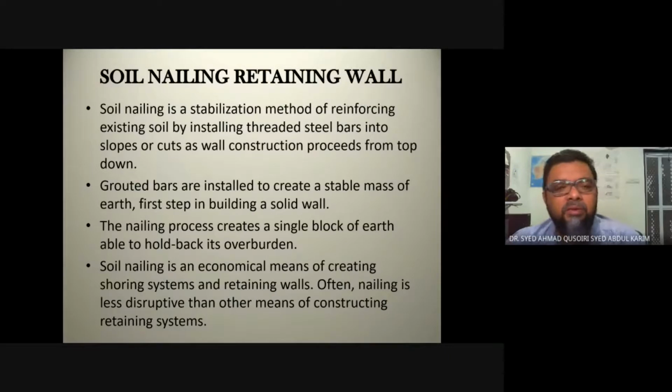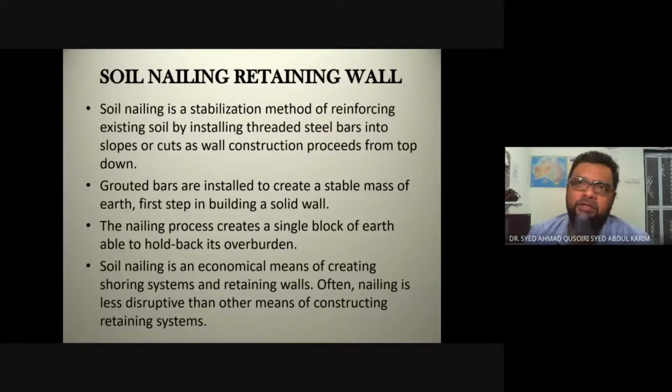By using a soil nailed retaining wall, we are not disturbing a lot in terms of the area of construction, because normally we will have retaining walls in crowded areas, in towns. So if the area is already populated, full with people and stuff, it is not that easy to build a